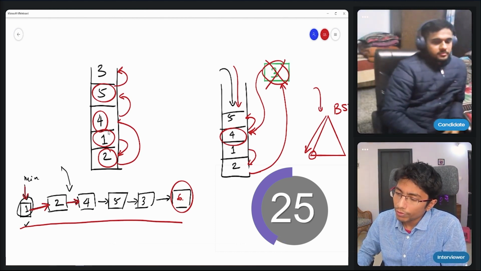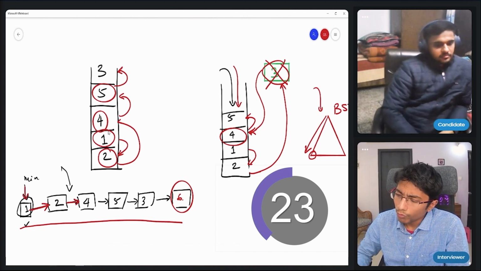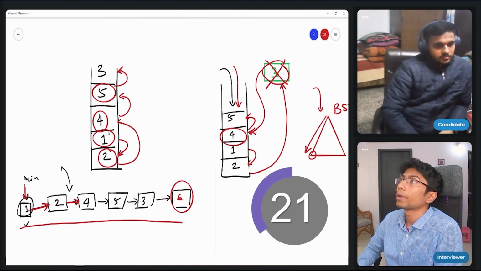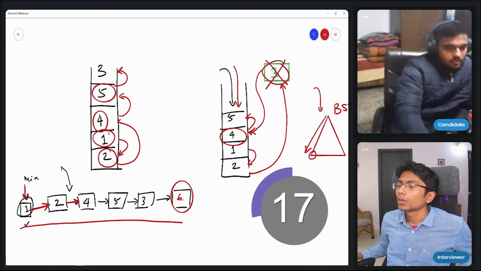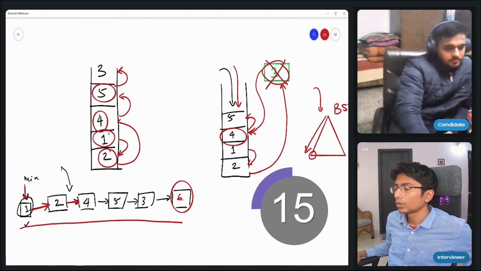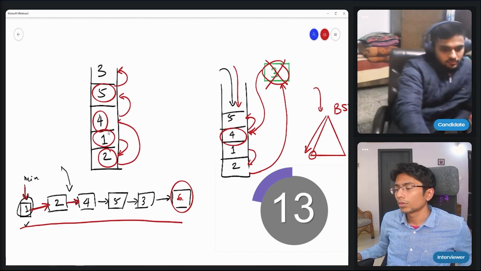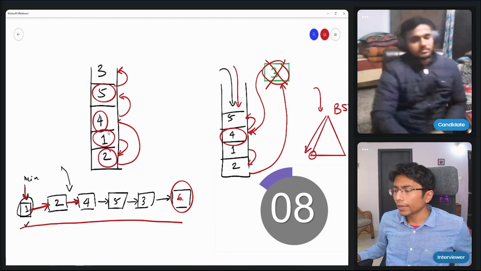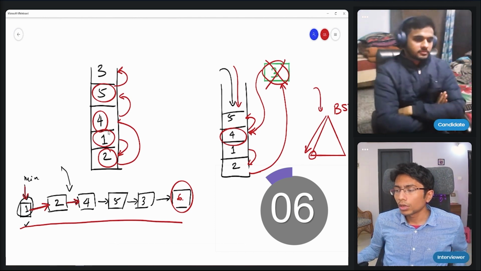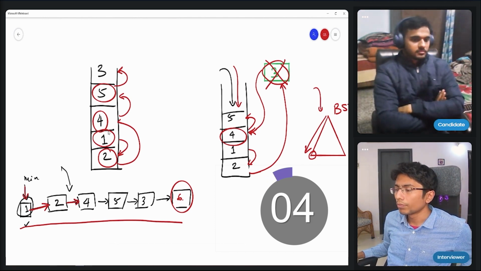Okay. So if I have 1 and 1, maybe I have to stop thinking in terms of pointers itself. Every time I remove min, I can go down and find another minimum.